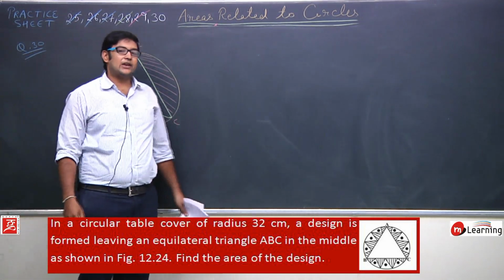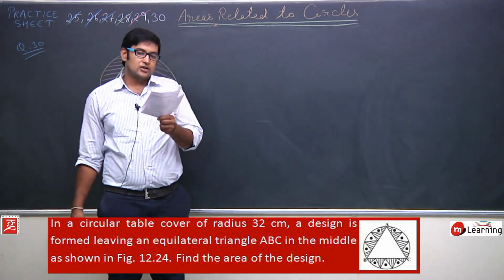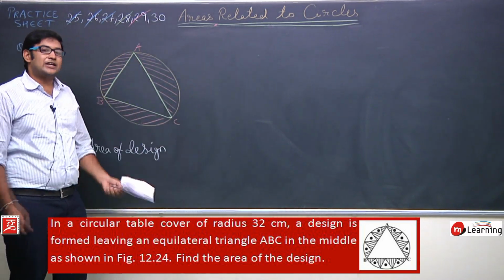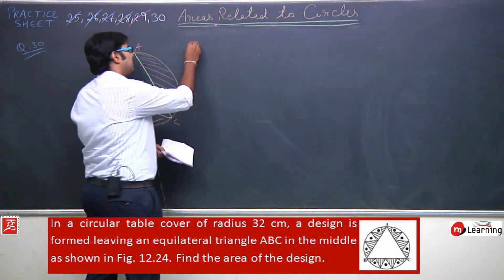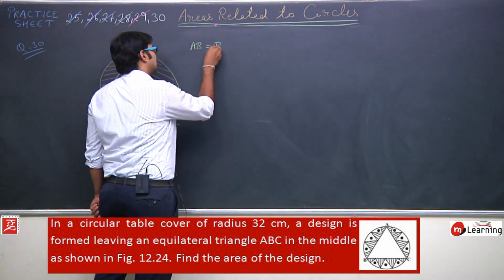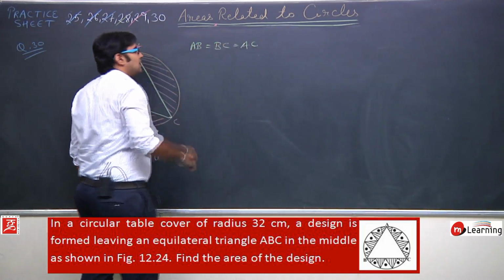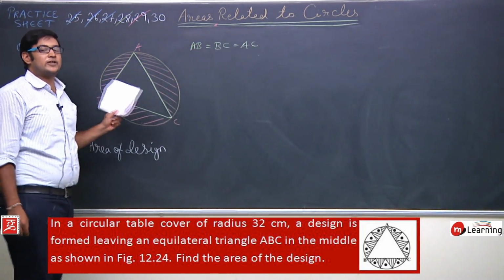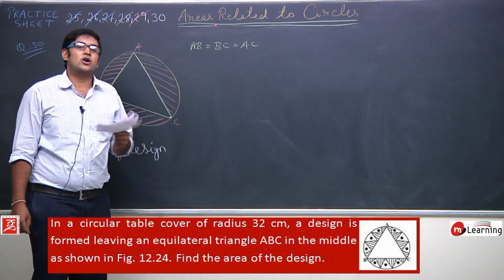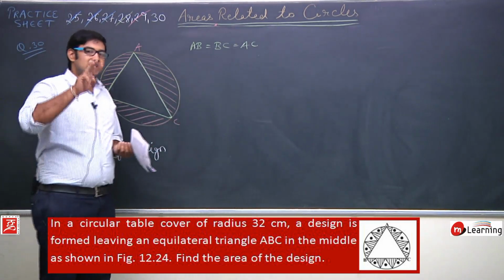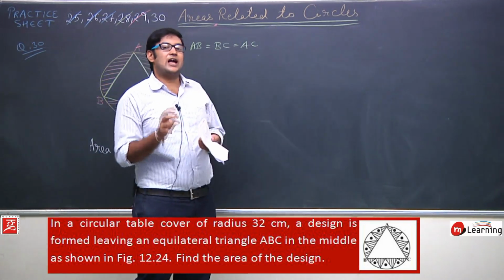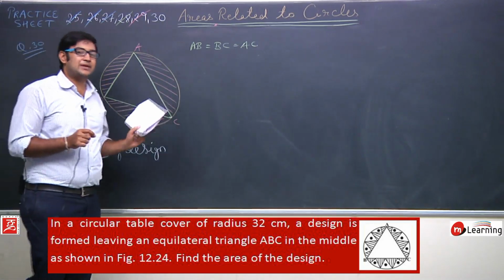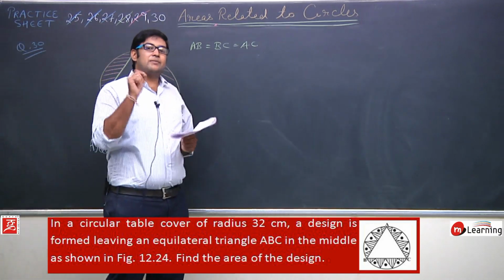Now, how will I calculate the area of the design? The first thing that should be noted is that ABC is an equilateral triangle. It means AB is equal to BC is equal to AC. Now, what is AB? AB is a chord of the circle. BC is also a chord of the circle and AC is also a chord of the circle. Since the 3 chords of this circle AB, AC and BC are equal, it means